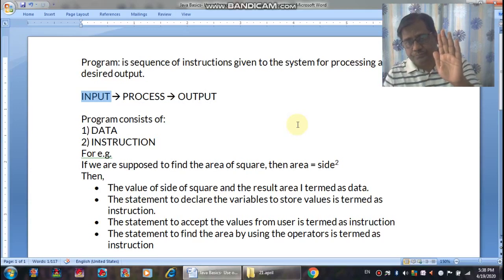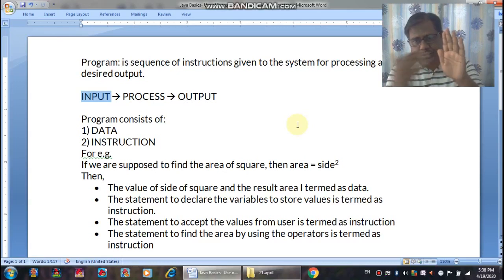It's an input. You will press plus. That's an operator. You will press 5. It's again a value. That means you are giving the values and the instruction to the system, to the calculator. What is the calculator doing? It is adding these two values. When you press equal to, you are asking for the answer. When 4 and 5 are added, it is processed by the calculator. You will get the desired result on the display, and the result will be 9.